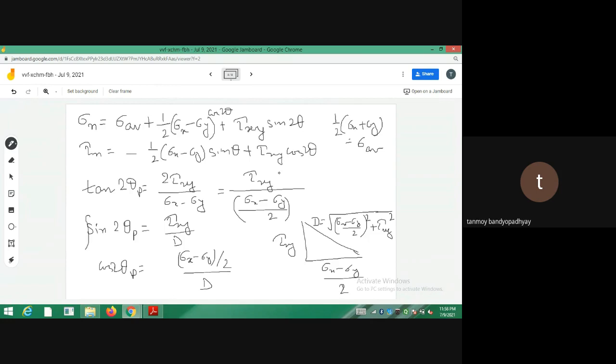So if I now put these values in this expression, with theta p, these are the stresses acting on the principal plane. So they will be the maximum ones. If I put it here, I'll get two values. As I told you, this will be plus minus, and this will again be plus minus. So either you take both sin and cos positive and determine sigma n, you will get one value, sigma 1. Then you take sin and cos both negative and put in sigma n, you will get the value of sigma 2. Sigma 1 is known as the major principal stress, and if you put it in tau n, it will be 0, because the shear stress is 0 on a principal plane.